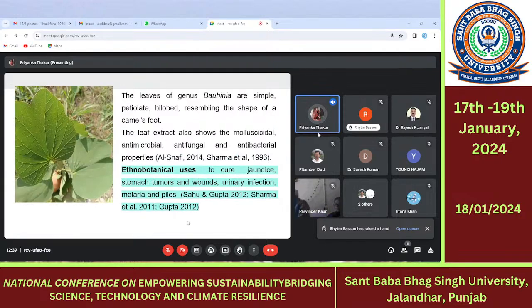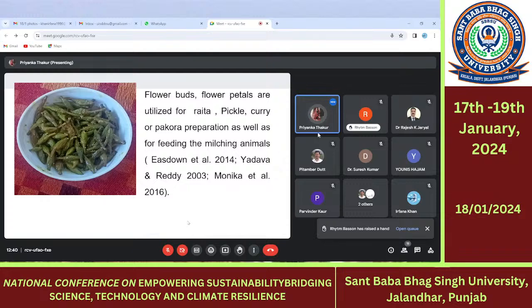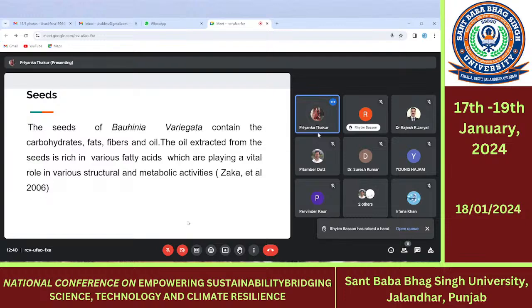And if I talk about the leaves of this plant, the leaves are petiolated and bilobed, and resemble the shape of a camel foot. That's why this is also known as the camel foot tree. The leaf extract has many antimicrobial, antifungal and antibacterial properties. They are used to cure diseases like jaundice and stomach tumors. The flower of this tree is white, and it is used for the treatment of piles, for preparing raita, pickle, curry, and pakoda, and also for feeding milking animals. Seeds of this plant are also very useful. They are a source of carbohydrates, fats, fiber, and